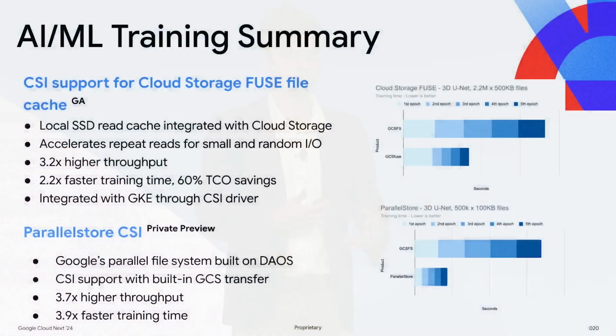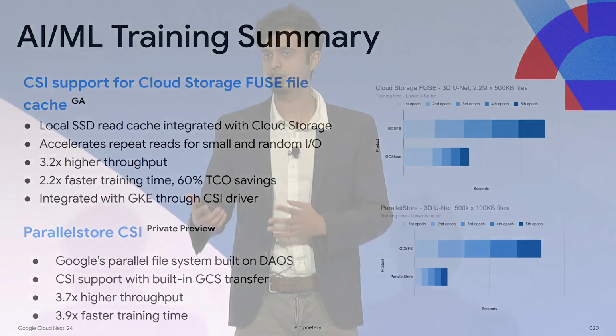Cloud Storage FUSE read caching is generally available with full Terraform support across both GKE Standard and Autopilot. So if your use case is more imminent, it's something you can use today. With Cloud Storage FUSE, your data is cached locally on the node. Parallelstore is in private preview, so if your use case is more imminent, we'd obviously recommend using Cloud Storage FUSE. Parallelstore will be GA soon as well, and that is where the storage is more decoupled from your node, and it's slightly higher performance, as you can see in some of the numbers here.